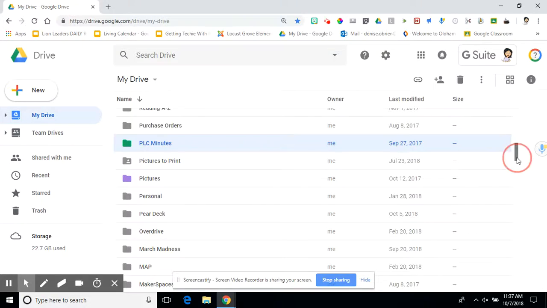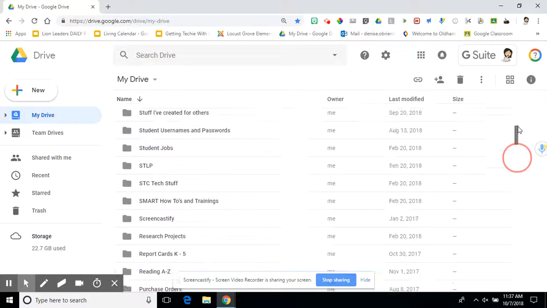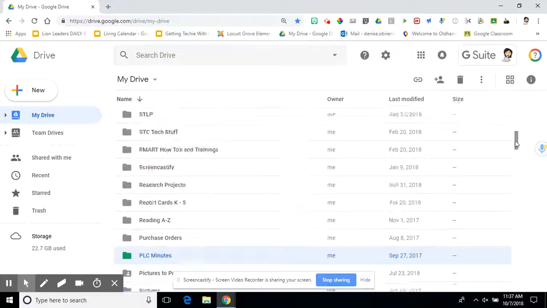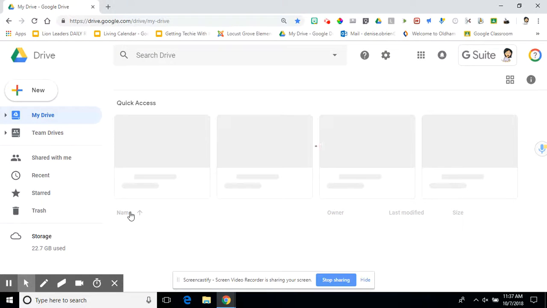And one of the reasons I prefer this method is because it allows me to use some sort features. I have a lot of folders and a lot of files, and so a lot of times the organization of this helps me. So for example, if I'm looking for a folder that I created, I can sort them alphabetically. So by clicking on the title heading name, I click on it once, and it's going to sort from,